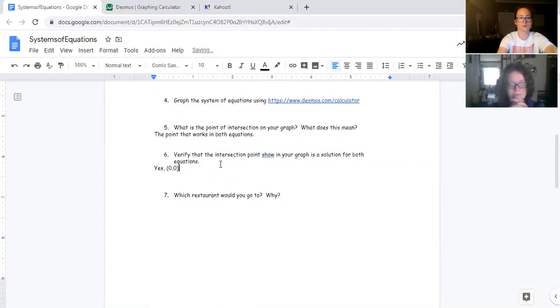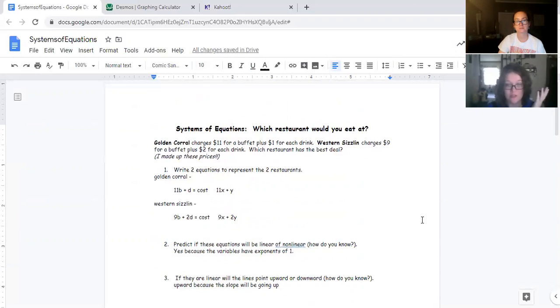0, 0 works for both equations. All right. So which restaurant would you go to? And why? I thought about it in my head just now. Western Sizzlin', you would end up spending about $11 at that restaurant, while you would be spending about 12 at Golden Corral. I feel like you save money going to Western Sizzlin'. It's not a lot of money, but you'd be saving money. That makes sense. It does. Yeah. Okay, so